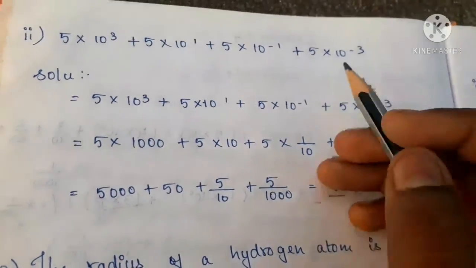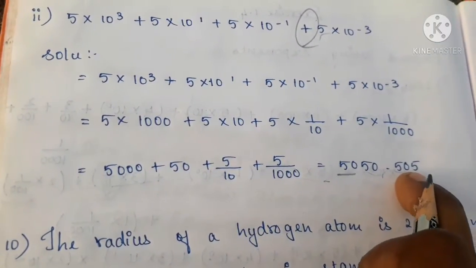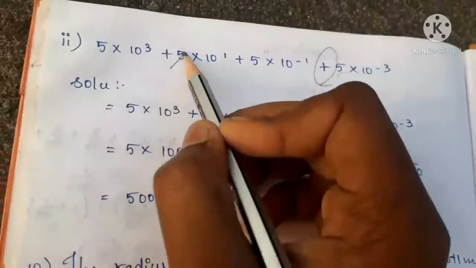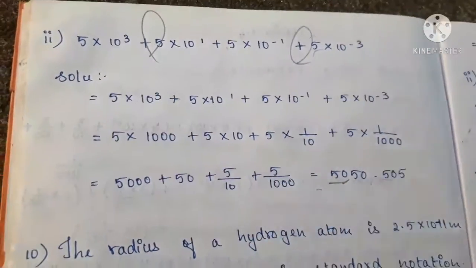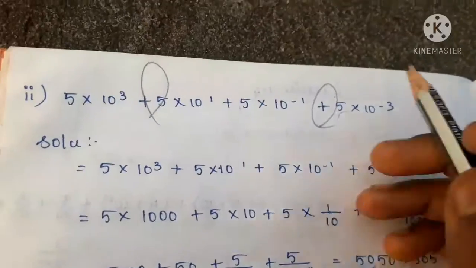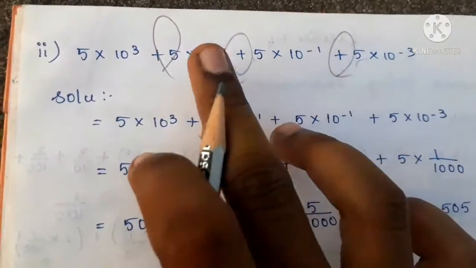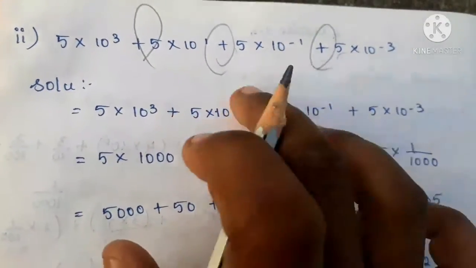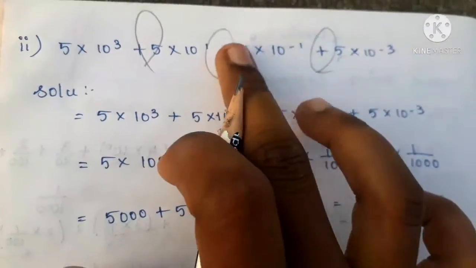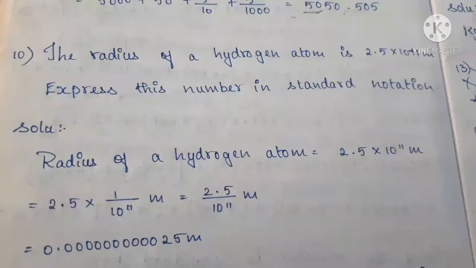Okay. So here also you can see 10 power minus 2 is missing. For that we have put 0. And here 10 power 2 is missing, so 0. And 10 power 0, that is 1, is missing. Straight away we have gone to minus 1, and here 10 power 1 means 10. Then we have to have one ones digit here, but we don't have. So for that also we have put 0 here. Okay, don't get confused with it.